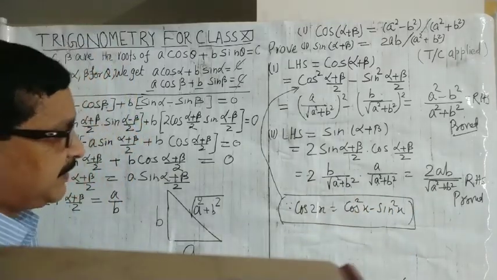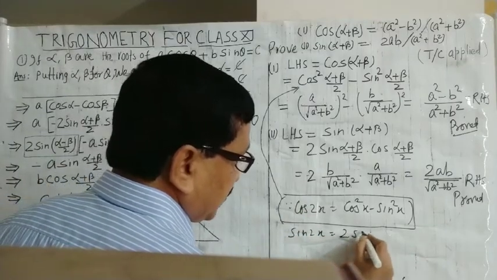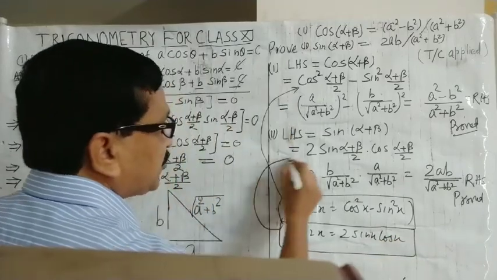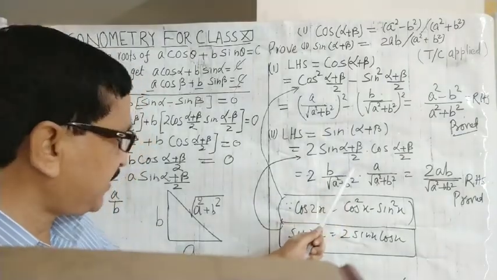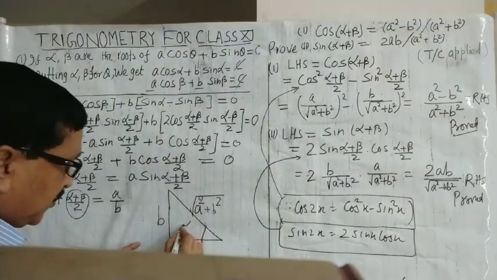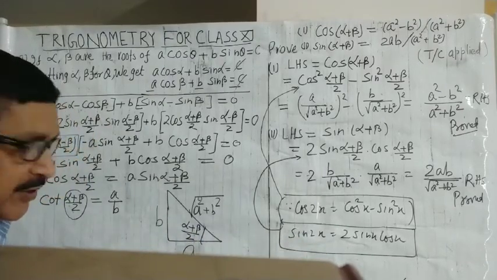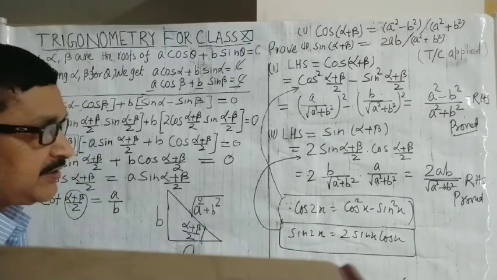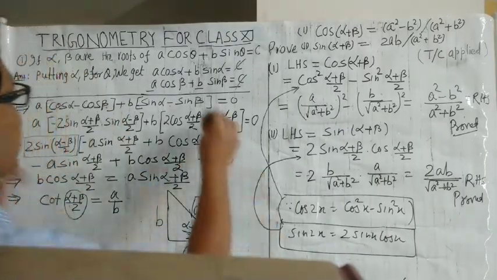Now come to the second. Again we use this formula, sin 2x is equal to 2 sin x cos x. So just see how this formula is used to write this. 2x becomes x, likewise alpha plus beta becomes (alpha plus beta)/2. This angle is the angle (alpha plus beta)/2. So again sin (alpha plus beta)/2 is equal to this by this, and cos (alpha plus beta)/2 is equal to this by this. So when simplified we get this as your answer. Now moving towards another problem.